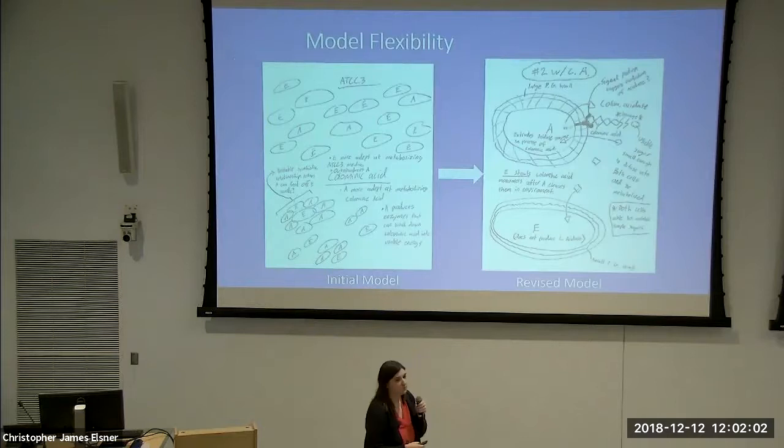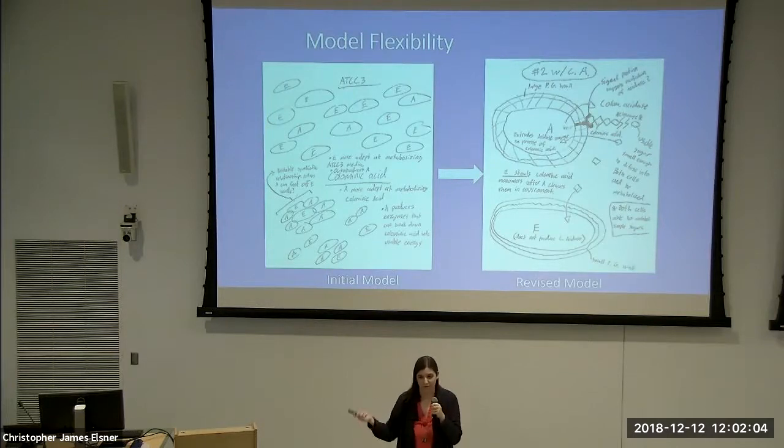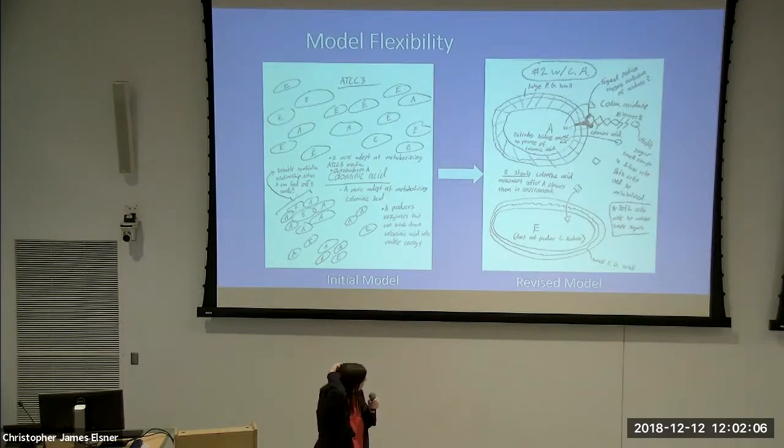And I won't show you more examples at this point. There are other kinds of these similar things. This is a cool example of an initial and a final model of a unit. So this is a group who had some ideas that got much more visualized molecularly at the end of the unit, and also articulated. What's really cool here is they actually have an idea, and this is very close to what actually happens, that colaminic acid